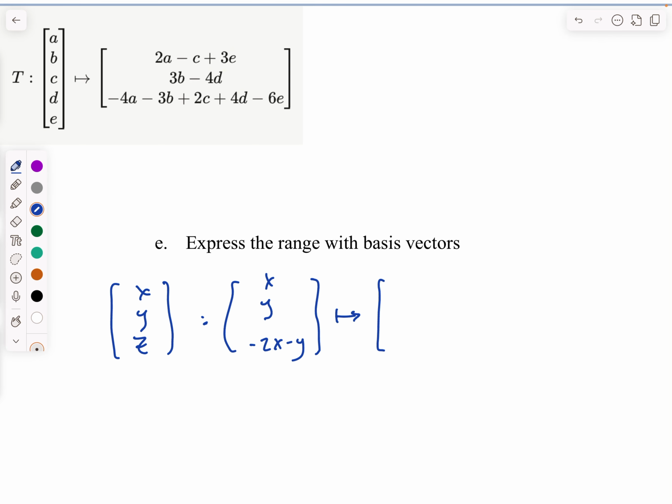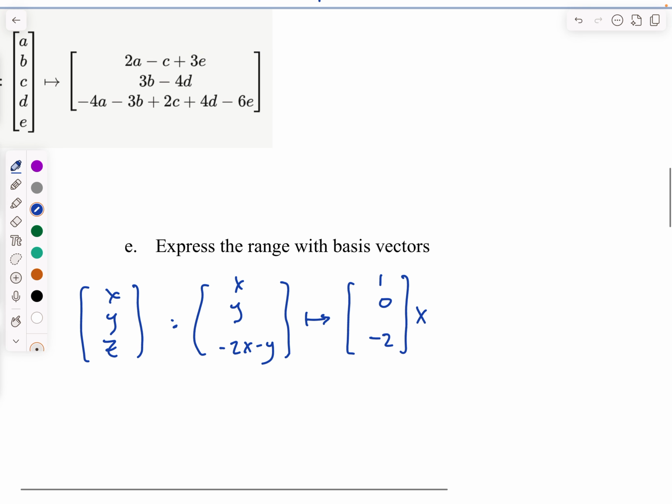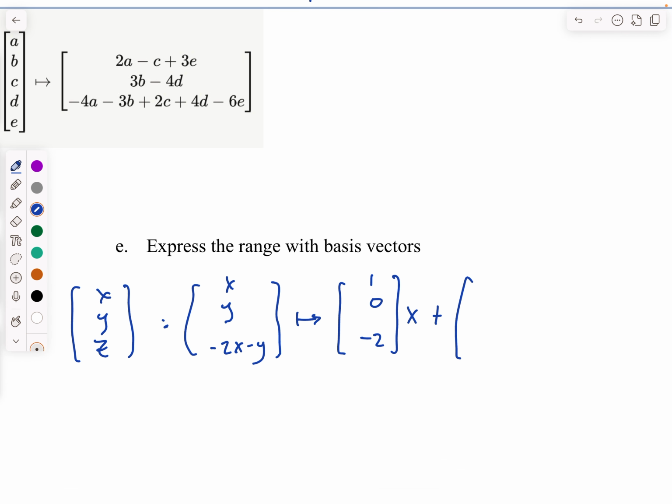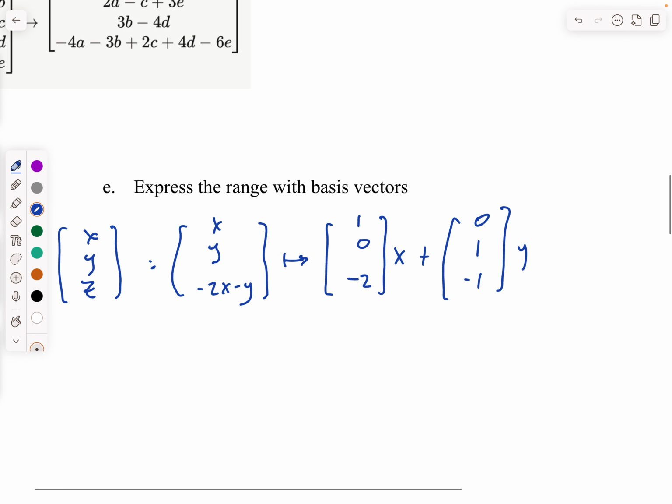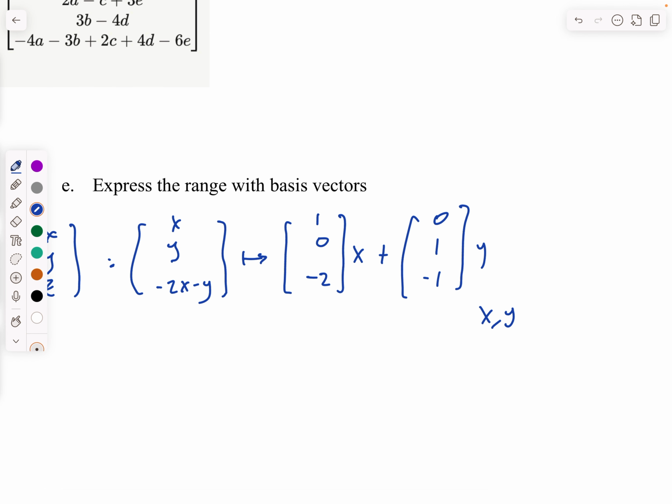And then we want to change this by factoring out the x's and the y's. So we'll start with the x's. We have 1 in the top, none in the middle, and -2 on the bottom. Take the x out, and add 0, 1, -1 on the outside. So this could be your answer if you wanted to define these, but I think a more